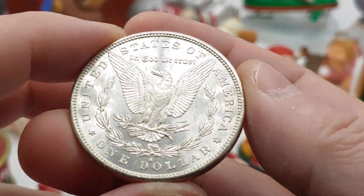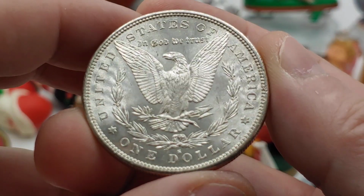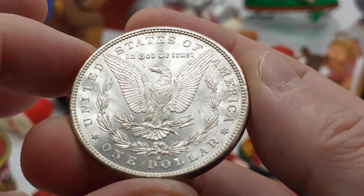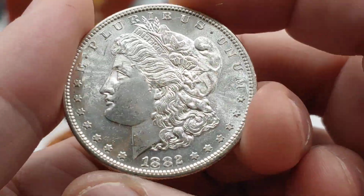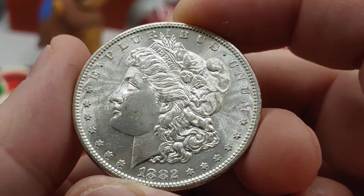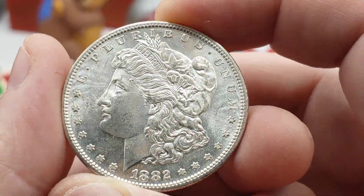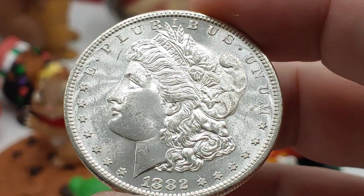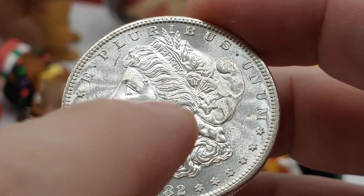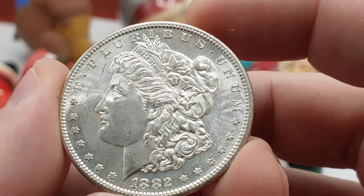So, very nice original coin. Definitely has a cartwheel going. Nice frosty eagle with full breast feathers. No real wear on the coin, so definitely higher mint state. And then here is the obverse. Again, very nice looking coin. Not a lot of wear above the ears there, so definitely a nice mint state coin that was probably sitting